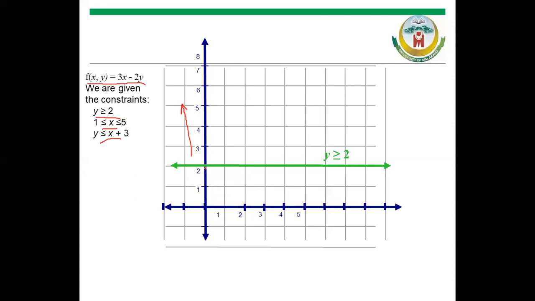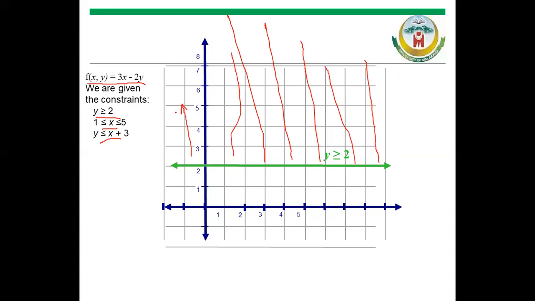So this constraint can be graphed using this line, because at this line always y is equal to 2. Above this line we have y greater or equal to 2. Below this line the y is less than 2, but above this line the y is greater or equal to 2. So this whole region